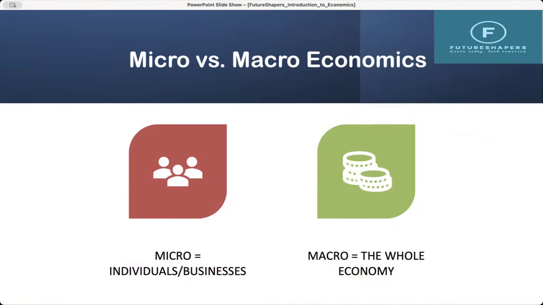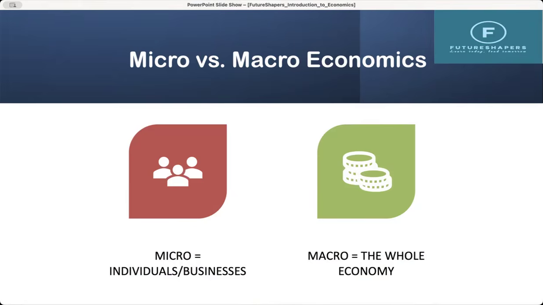Next we have micro and macroeconomics. So these are the two types of economics we have. Microeconomics is the branch of economics that studies decision making by a single individual, a household, a business firm, or an industry. Microeconomics studies individuals and firms and other factors within the businesses. For example, it can involve businesses, for example, Tesco and Asda, deciding on how to set prices for their products and services.